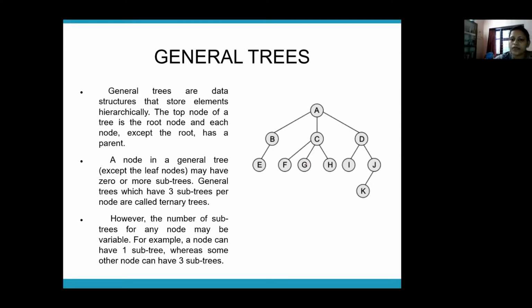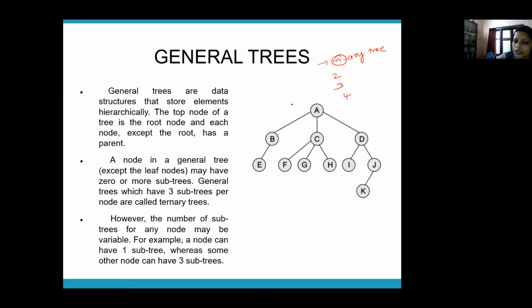3. So this general tree is normally an M-ary tree. M-ary tree means, if M is 2, it will have 2 subtrees. If M is 3, it has 3 subtrees. If M is 4, it has 4 subtrees. So a general tree is an M-ary tree, where M stands for the number of subtrees. There's no restriction about the number of subtrees a particular tree can have. It's just a normal tree where the topmost node is a root node, and then you have children nodes, leaf nodes, all those concepts. It's just a tree, but the condition is that it can have any number of subtrees.